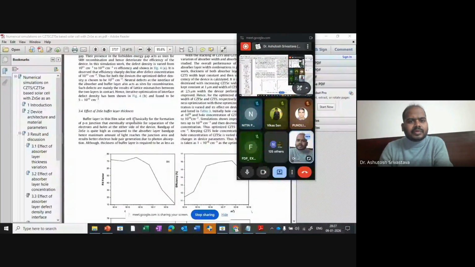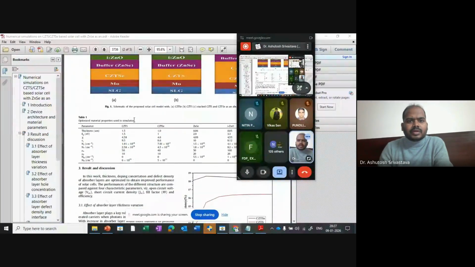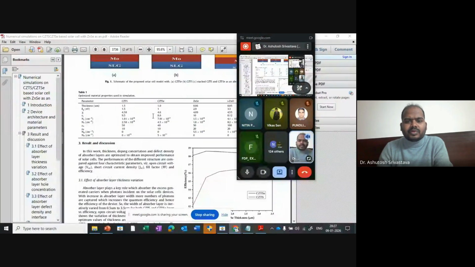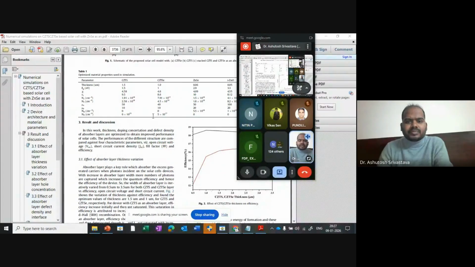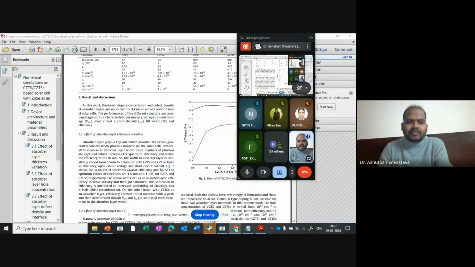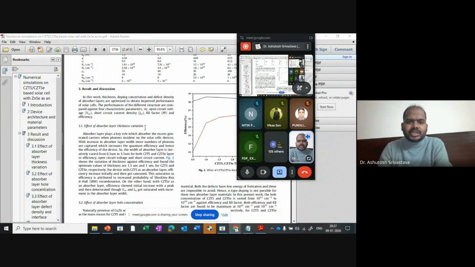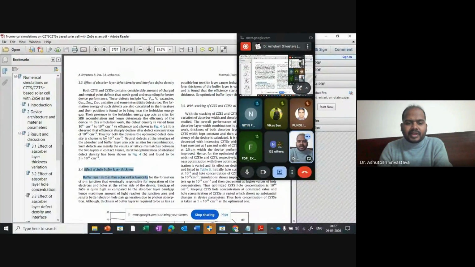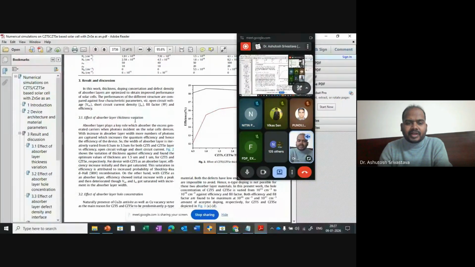This is one of my works. The same kind of device I work with. Initially, people were interested in how optimization is done. So I optimized my device based on these parameters. Firstly, I optimized the thickness, then the thickness of the buffer layer. As I told you in the software, we kept changing the values of the thickness,